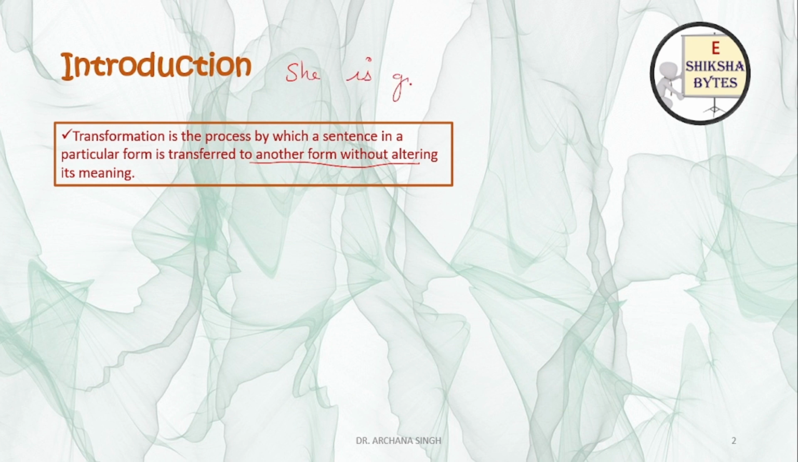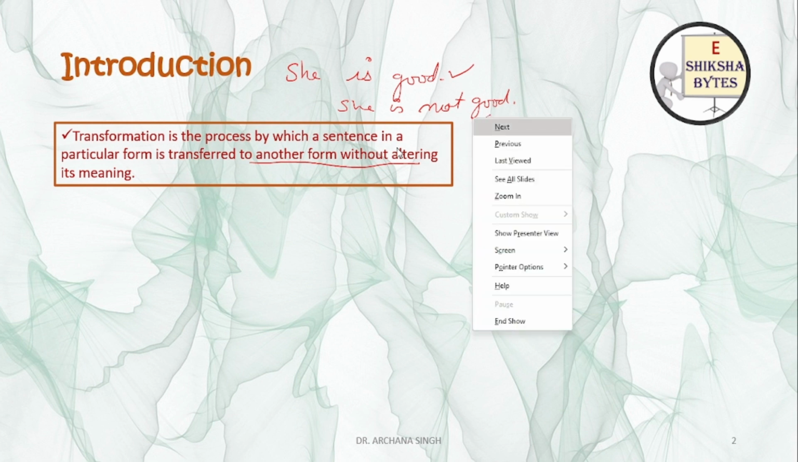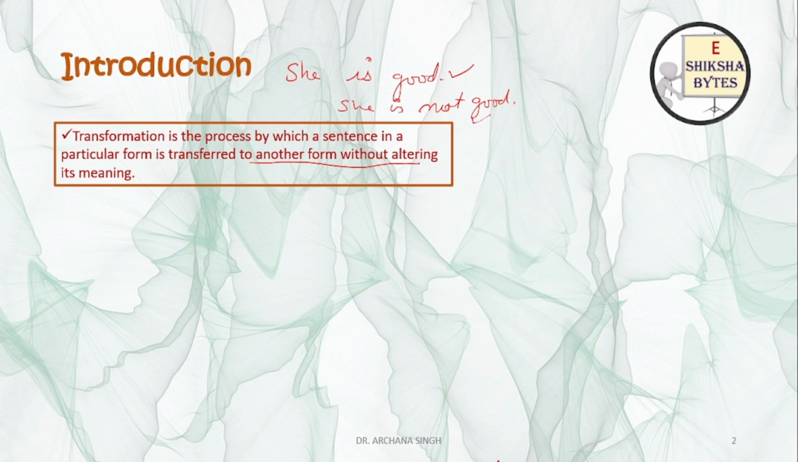she is good, this is a positive sentence, and I ask you to change it into a negative one. If you say she is not good, this is actually changing the meaning of the sentence. Here you are saying she is good, here you are saying that she is not good, so the meaning is changed. So you can write she is not bad. This is what you have to keep in mind while transforming the sentence, that the meaning should